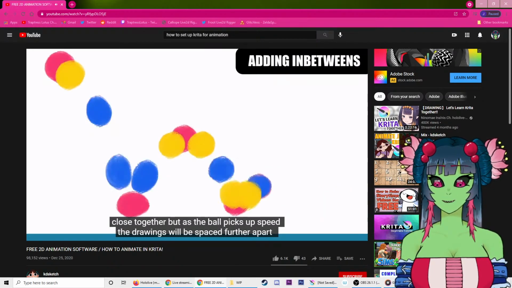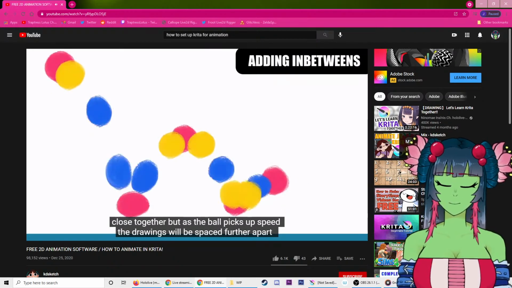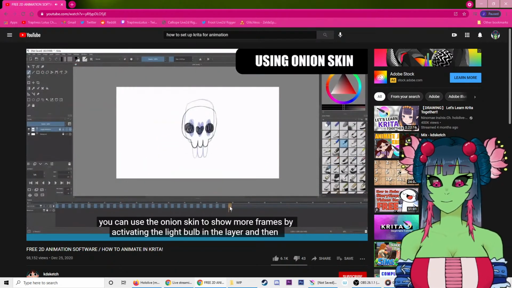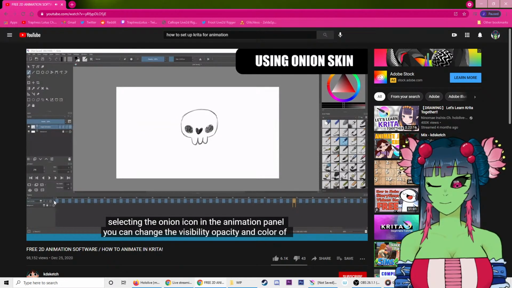As ever, the ball just picks up speed, so your keys will be spaced further apart, and then you do the drawings in between the keys. You can use the onion skin to show more frames by activating the light bulb in the layer, and then selecting the onion icon